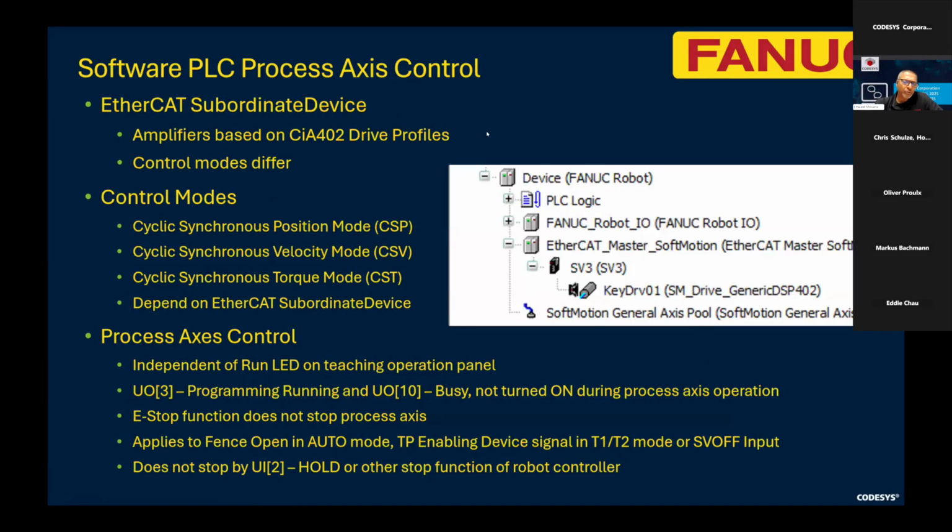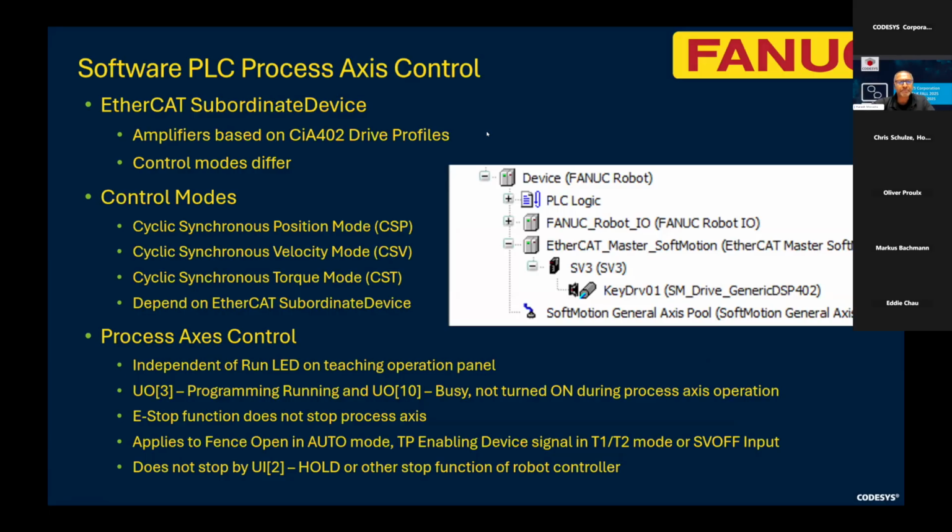Process access control uses EtherCAT soft motion, where the CODESYS implements an EtherCAT master. Any EtherCAT subordinate device that supports amplifiers using the CIA 402 drive profiles can be connected, but control modes will differ based on the vendor selected. Control modes include cyclic synchronization of position, velocity, and torque modes, and again, these will be dependent on the EtherCAT